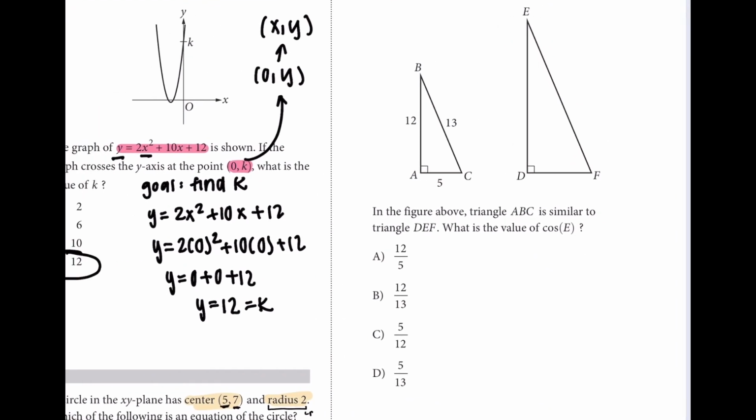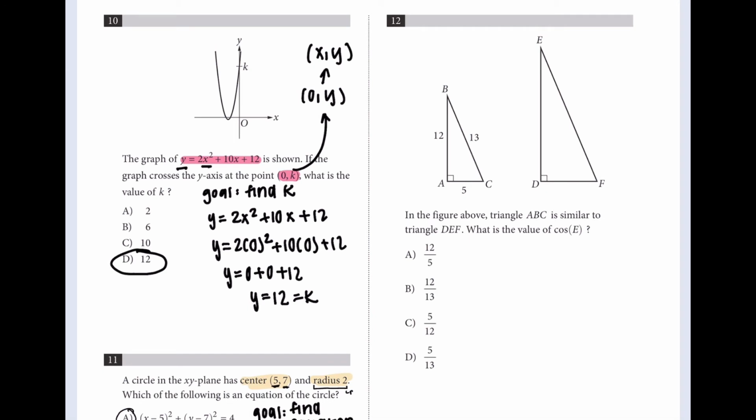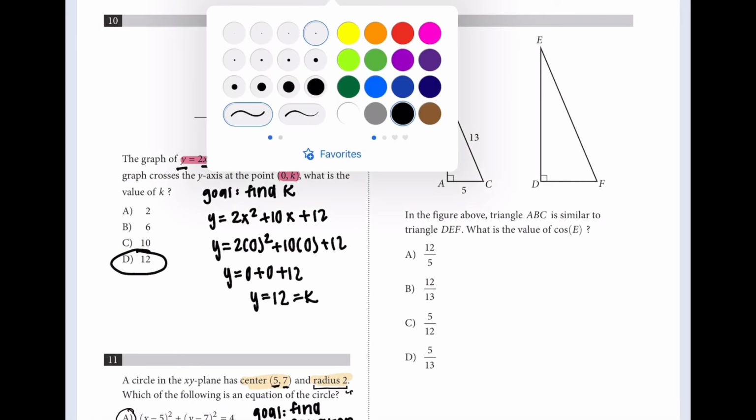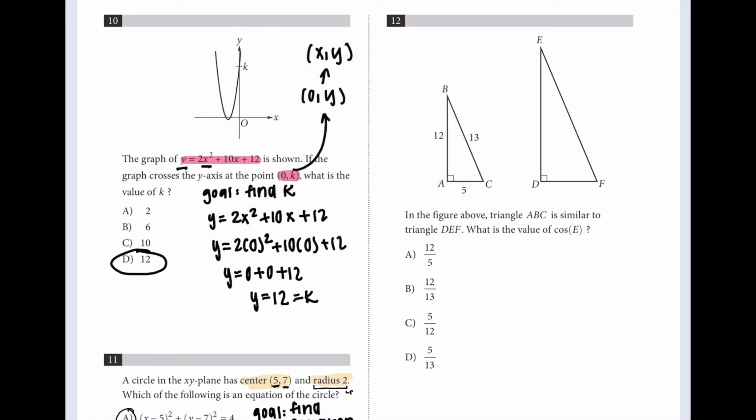Okay, and then here we're on to our last question, number 12, which states, in the figure above, triangle ABC is similar to triangle DEF. What is the value of cosine of E? This is where you really want to make sure you have your sine, cosine, and tangent identities memorized. You also might want to remember, if you've learned this in school, SOHCAHTOA, which is essentially just something that helps you memorize how to find sine, cosine, and tangent. So first let's write down our goal. Our goal is we need to find